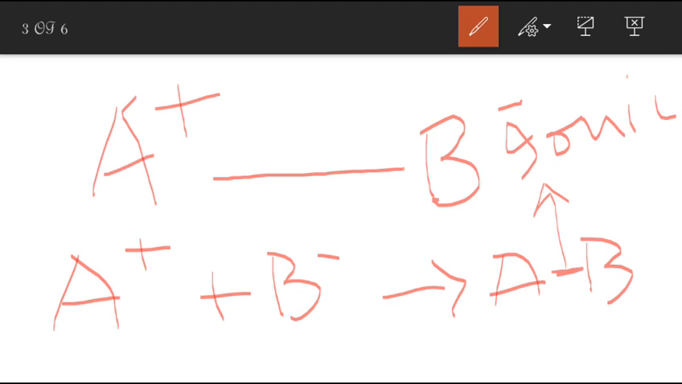Why is it called an ionic bond? Because this bond is created between two ions, A positive, which is a cation, and B negative, which is an anion. So it is an ionic bond, and it is formed by the transfer of electrons. When A loses an electron in this way,